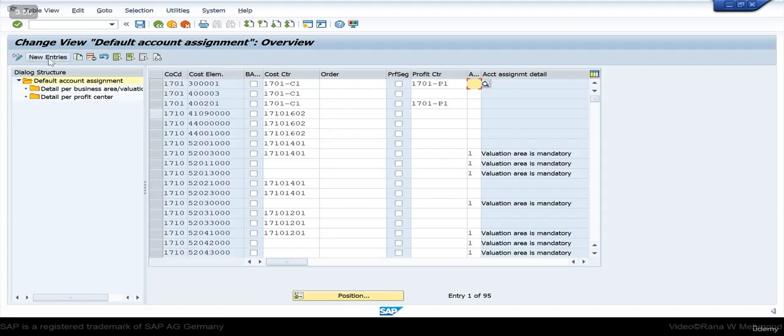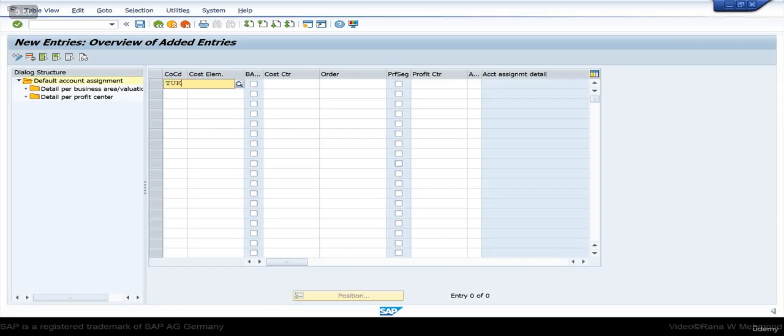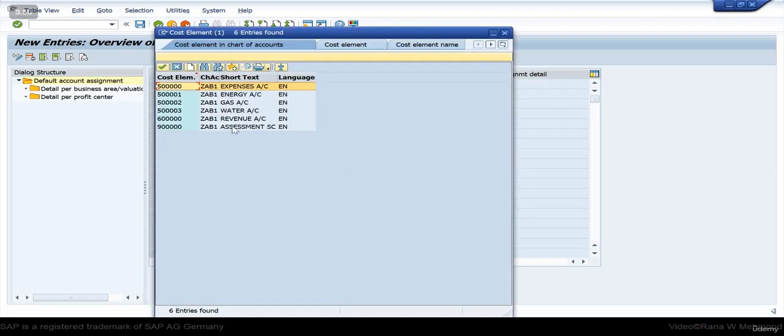Alright, so click on new entries and enter your company code, that is TUK1. And now you have entered the cost element. Suppose we are making the default account assignment for our electricity, gas, and water cost elements. So how can we do that? So choose the cost element. First we create it for energy. Click on it